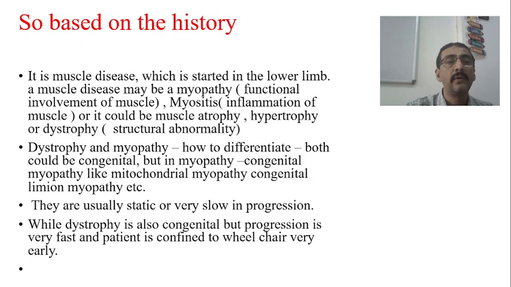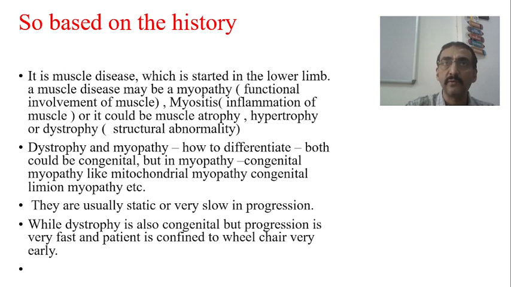Now, based on the history in this particular case, it is quite clear that it is a muscle disease, isn't it? It is a muscle disease which started in the lower limb and is gradually increasing, a chronic disease. This is the classical nature of muscular dystrophy, a chronic progressive disease. Here it started in the lower limb. Okay, so when I say muscle disease,